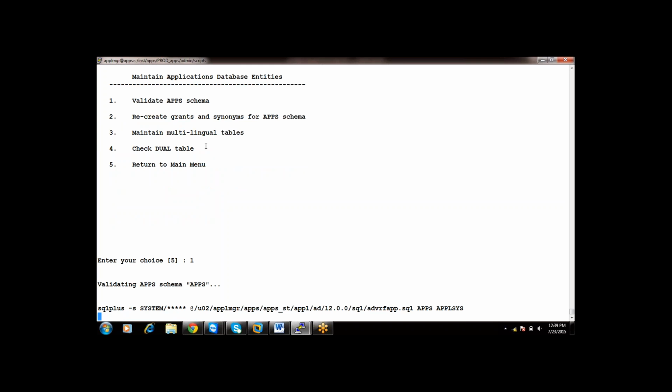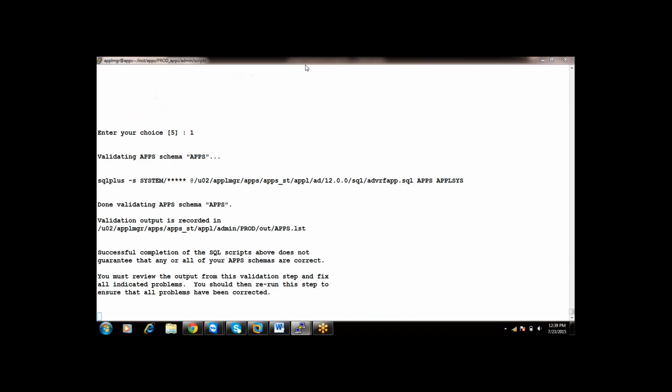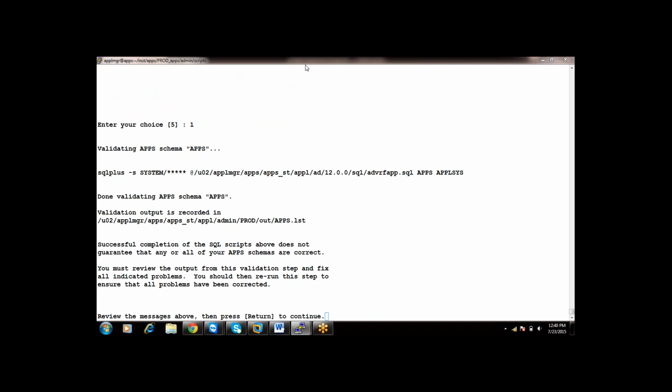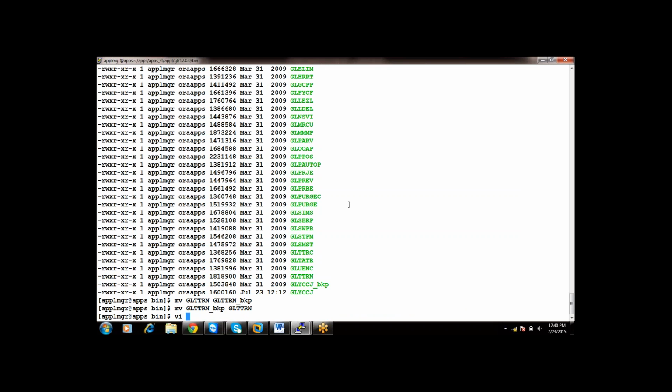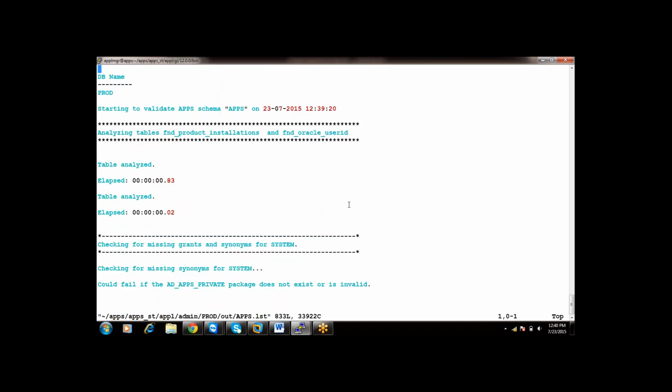It has validated the app schema and generated a log file containing some information.